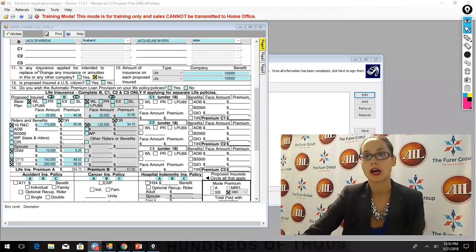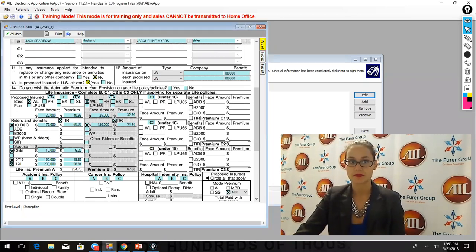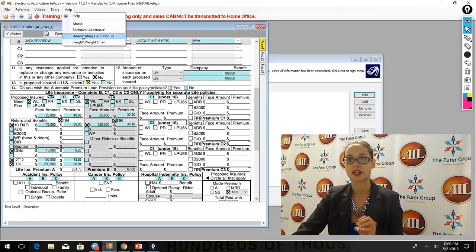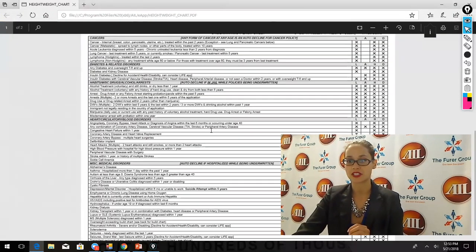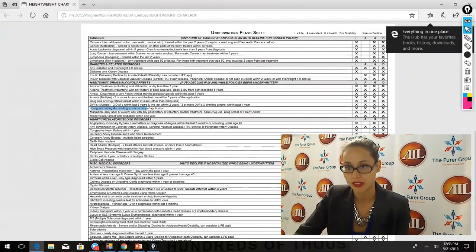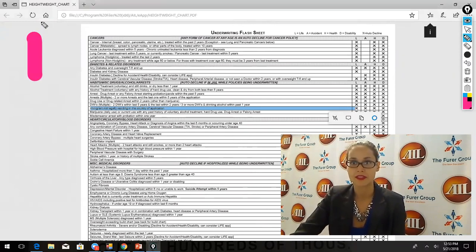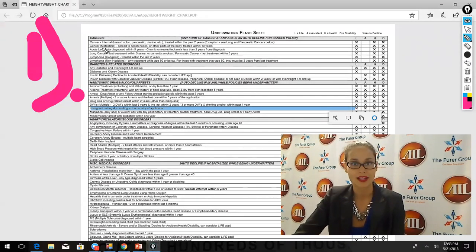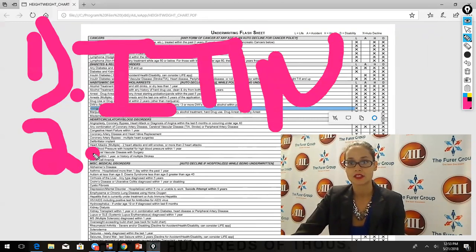All right, so question 13, it says, is the proposed insured a U.S. citizen? Okay, we're going to say yes, but one of the things to understand about this is just like we saw in the underwriting field manual or the height weight chart. This is where your flash sheet is, and where it says here, immigrant not legally residing in the country of application. Remember, again, if they do have these three things, number one, their ITIN number,